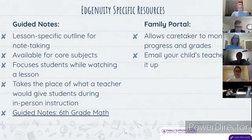The two things I want to talk very briefly about are the guided notes, which is a student resource that is available for secondary students, and then I'll talk a little bit about the family portal. The guided notes are basically like what a teacher would give you in a classroom. They're worksheets that have fill in the blanks, specific vocabulary, problems, and examples, and they match the lesson videos exactly. So it gives the student a little bit more focus and less work to do